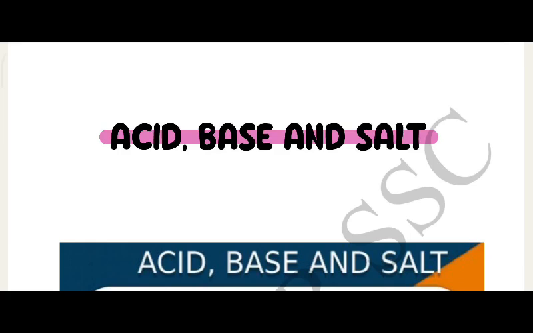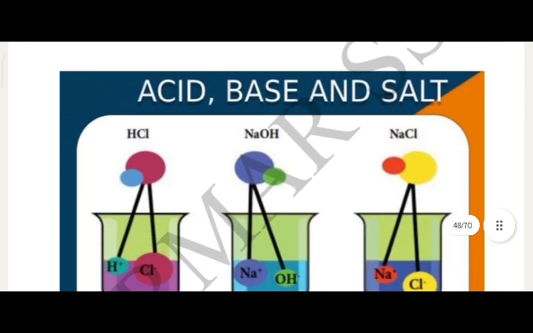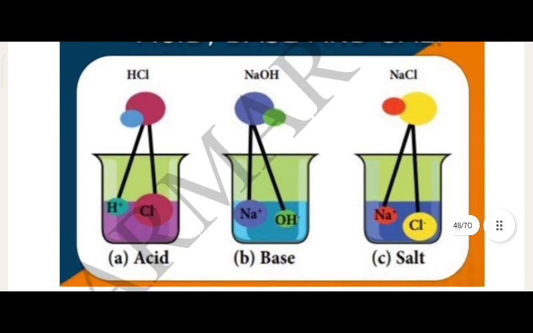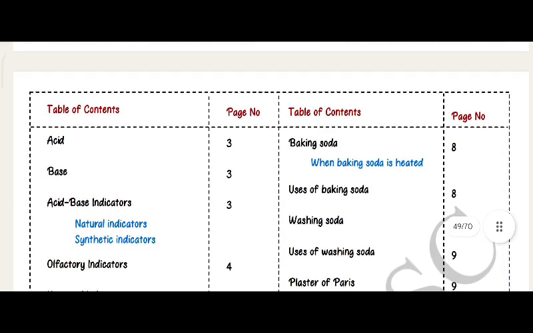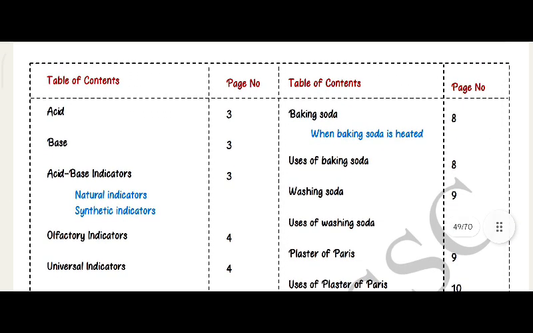Acid, base, and salt. Hydrochloric acid, HCl, is an acid; sodium hydroxide, NaOH, is a base; sodium chloride, NaCl, is a salt. Topics: acid-base indicators, natural indicators, synthetic indicators,